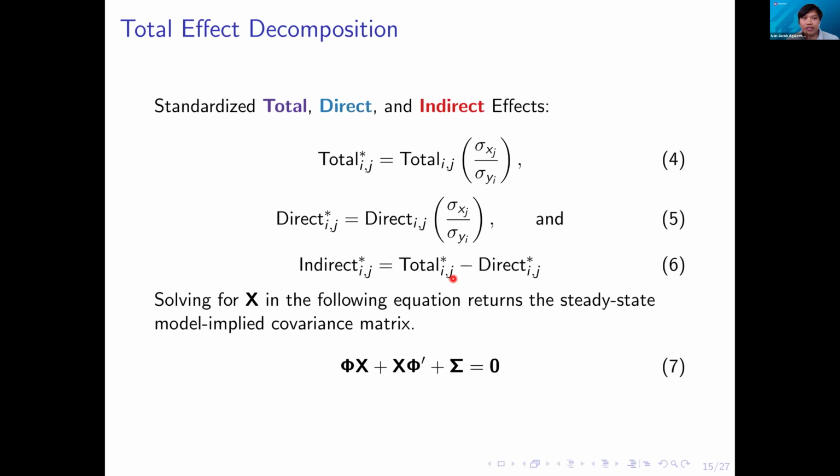It's also helpful to think about how we standardize these effects in psychology and the social sciences. Most of the time we deal with standardized regression coefficients, for example. So it's easier for us to interpret these effects if we can come up with a way of thinking about them as effect sizes. And we can do that in the context of continuous time mediation models too. We can use the standard deviations of the variables of interest to standardize the effects we're looking at. Clear so far? Are we good so far?